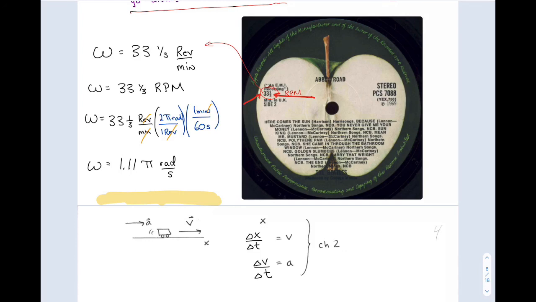So when you play a 12-inch vinyl record, the whole record rotates the whole time, going around 33 1/3 times each minute. That's omega, but it's not in the correct units. You'd have to say in one revolution I have 2 pi radians, and in 1 minute I have 60 seconds. That would be the correct units of